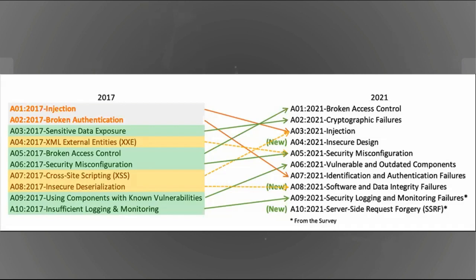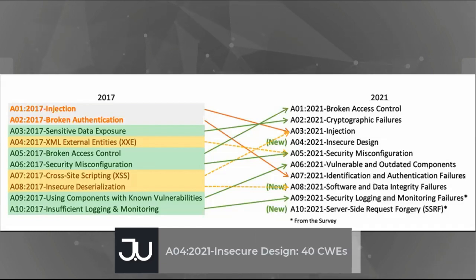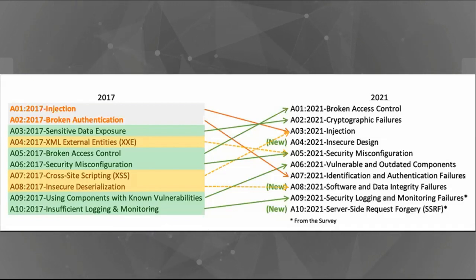So insecure design is just showing up for the first time. This is a new category for 2021. And the focus is, of course, the risk of design flaws, as we've seen even in the last 1 or 2 years. So that means there's a need to refocus on threat modeling, secure design patterns, and some principles or even reference architecture for development.